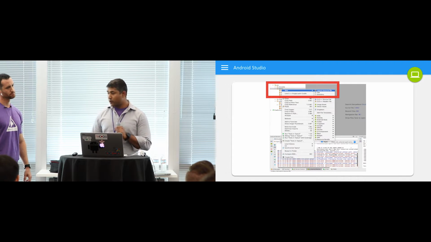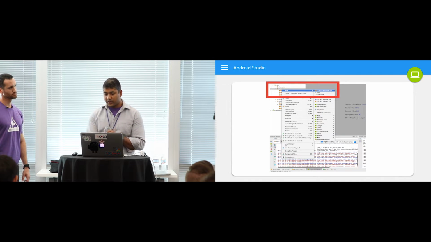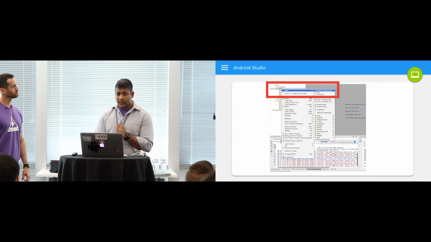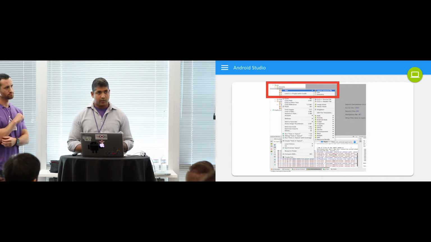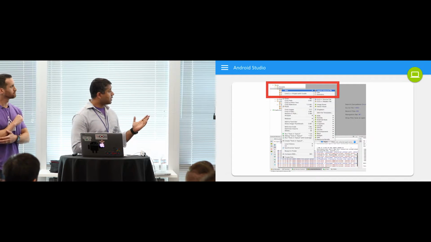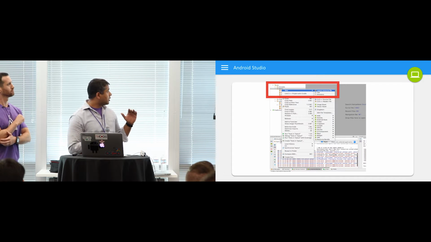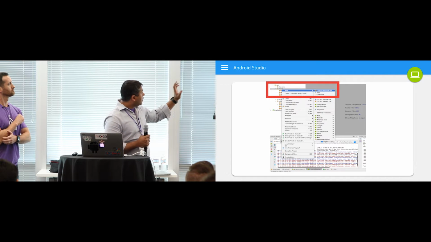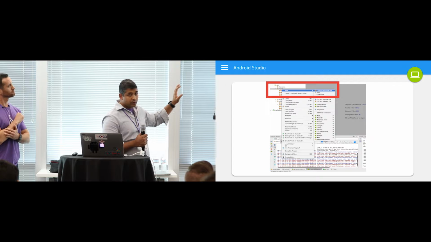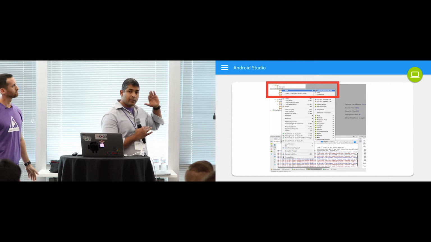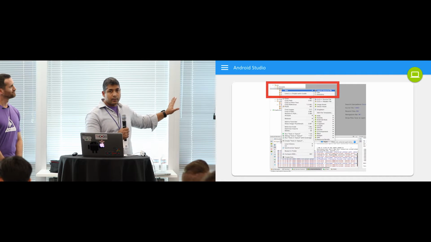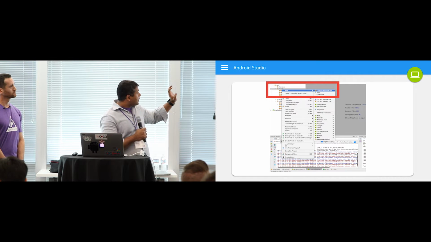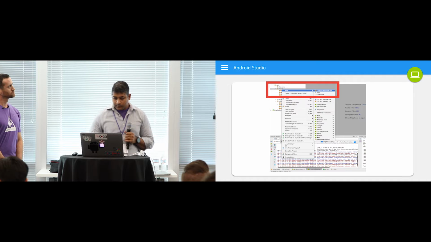I wanted to do a demo, but given how much time we have, here's an example of how you would create a constraint layout using Android Studio. It's pretty much like creating any other layout. You right-click on the layout folder under the resource folder. That's where all your layouts are set. Ed will talk further about the resources. But once you right-click it,